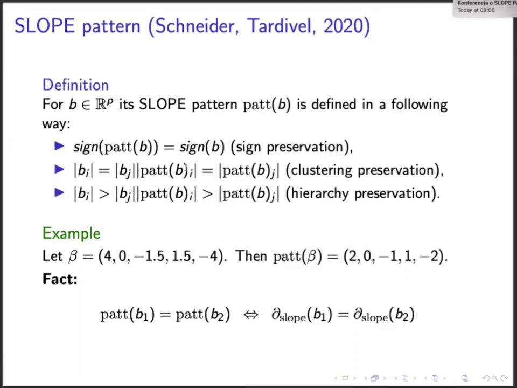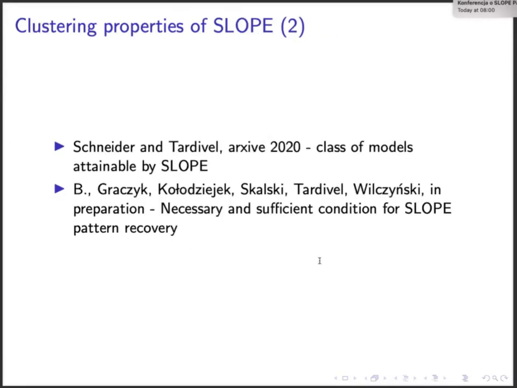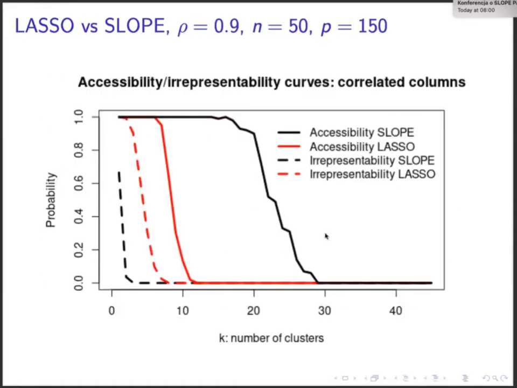This paper where we do this necessary and sufficient condition is still in preparation, so I will not show you exact results, maybe just these curves in here. I will not talk in detail about what we see in this curve, or maybe I will talk a little bit. We have a very strong correlation; this is a compound symmetry matrix. Off-diagonal elements are correlated at the level 0.9. P is 3 times larger than n.